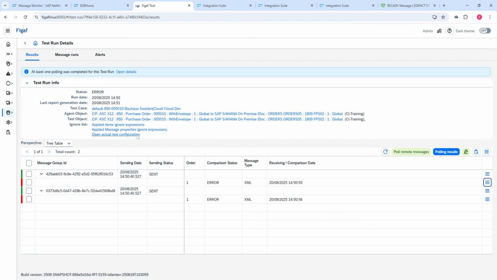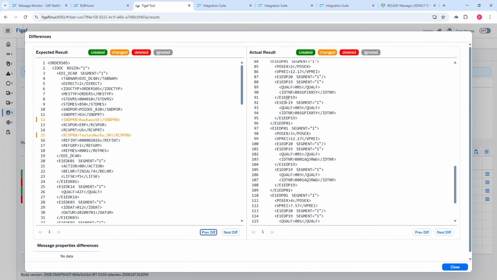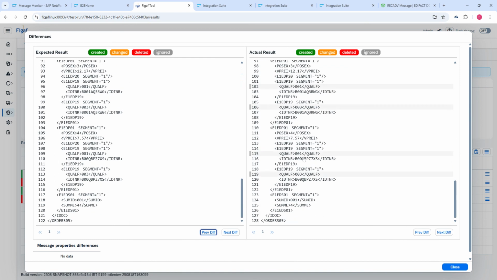It's operational. You can run exactly the same test case as you did in PI. And if we do look at the differences here, that's basically it. Everything else is exactly the same. Your IDOC has exactly the same output as it did